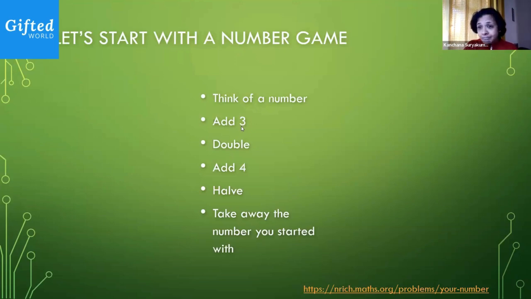Add 3 to it. I'm assuming it'll take us a little longer. Multiply this by 2. That is, you're doubling whatever you got. I hope your number is complicated enough. Nothing simple. Add 4 to it. Now divide it by 2. Let's make it half. And finally, whatever complicated number you thought of before, remove this from your answer.